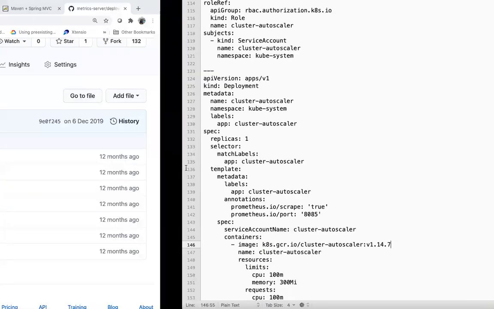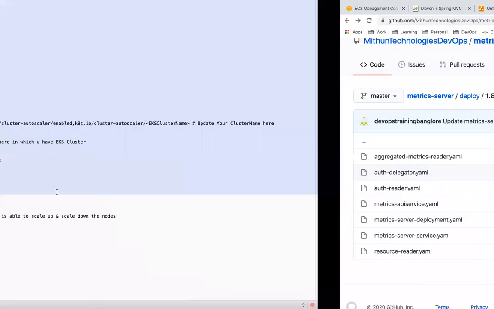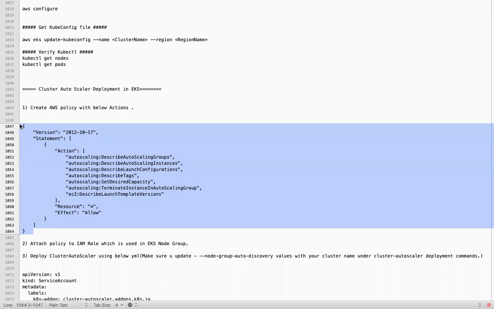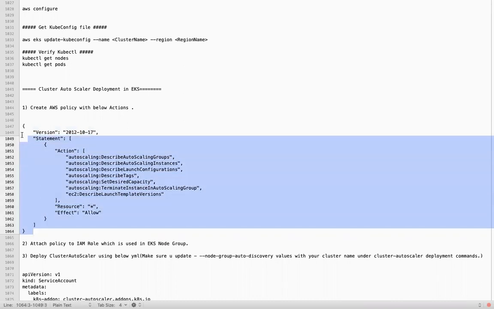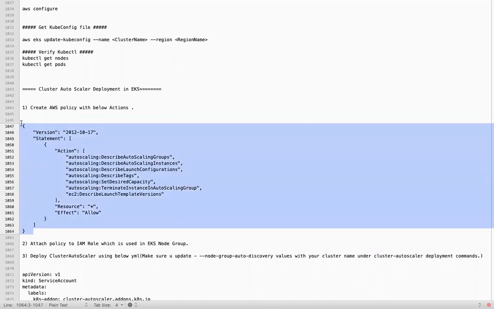So before deploying this, first I need to create one AWS policy. That policy has to be attached to the worker nodes, right? You have to attach this policy to your worker group,